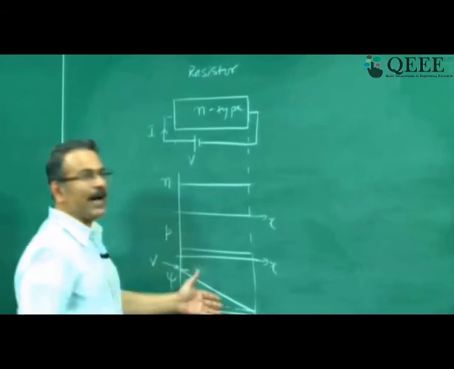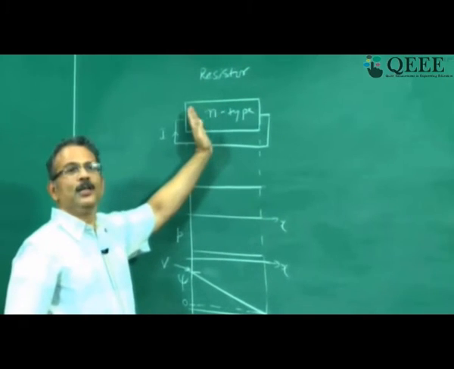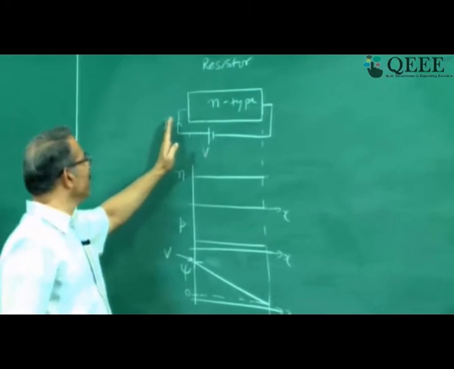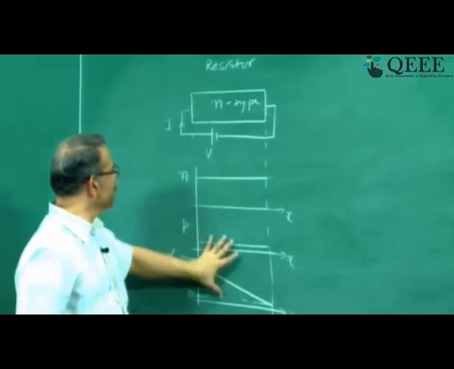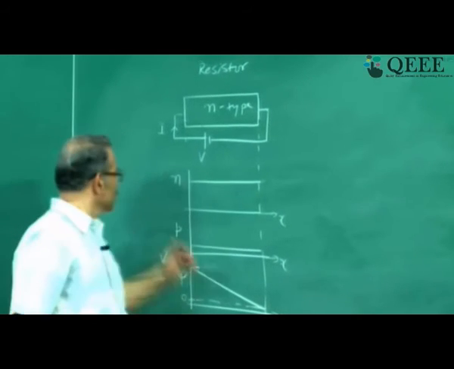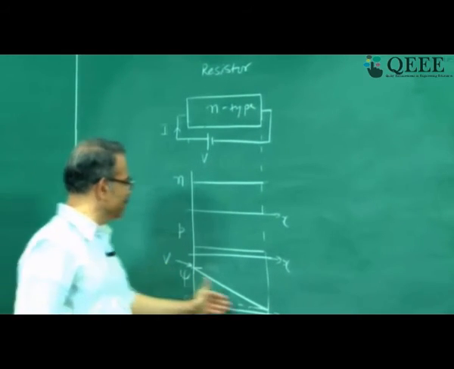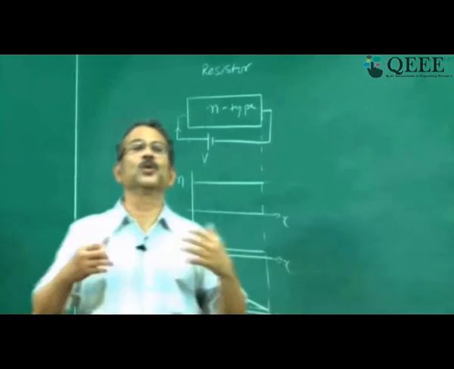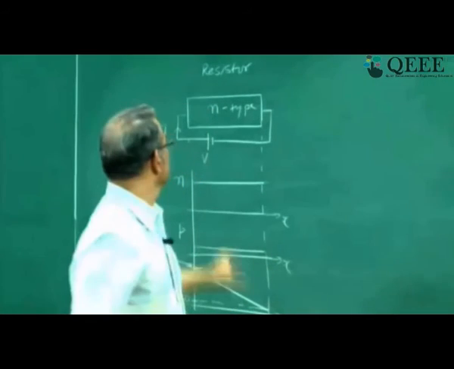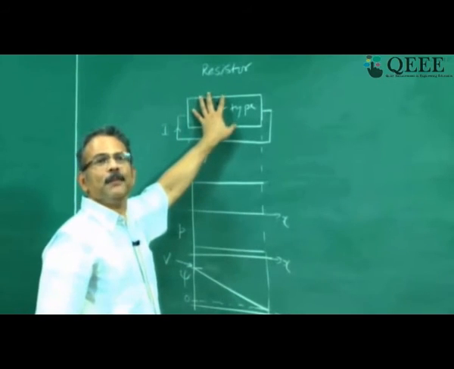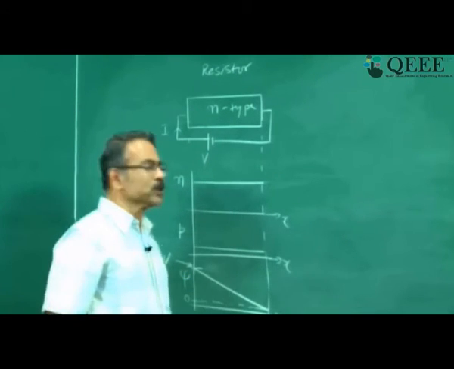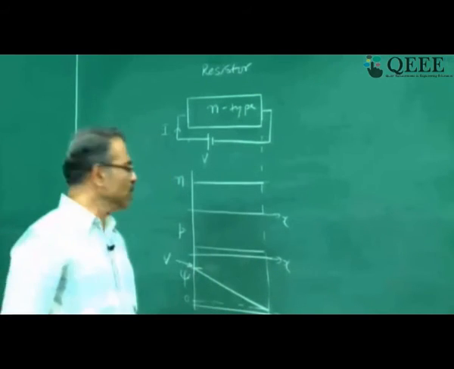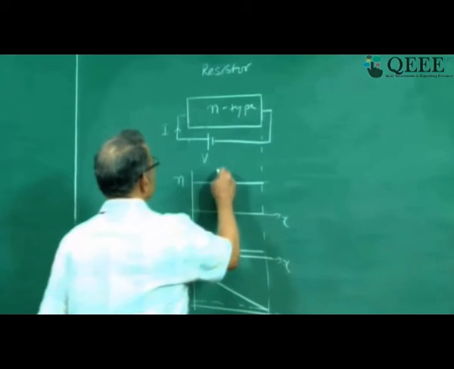Now this is the picture we have for a uniform block of semiconductor to which a voltage has been applied, and I want to find out the current. I have to use this information to get the current. So electron concentration, hole concentration, potential as a function of distance. If I know this, then I say that I have understood this semiconductor device. Okay, you can plot it as a function of time also. In this case, since I am applying a DC voltage, all conditions are constant with time. So at any t, this will be the picture